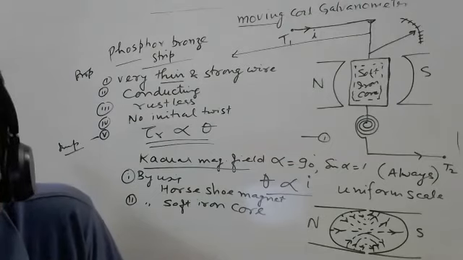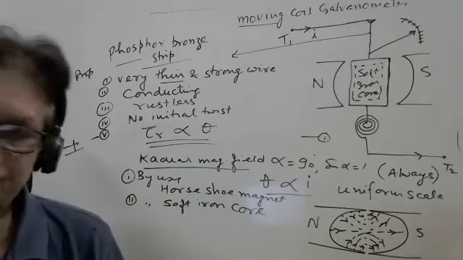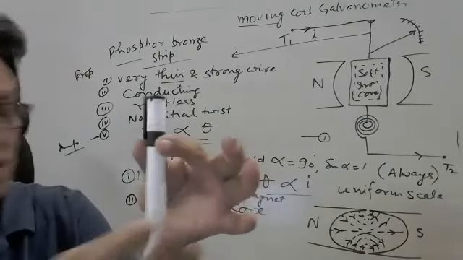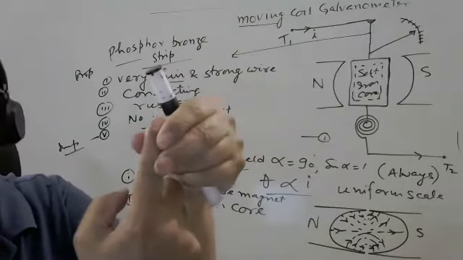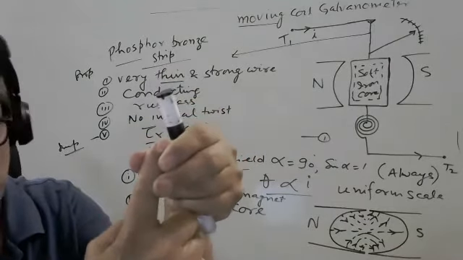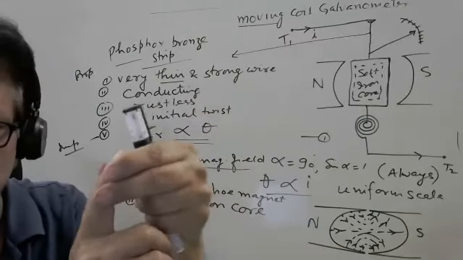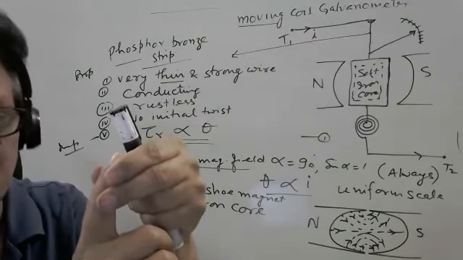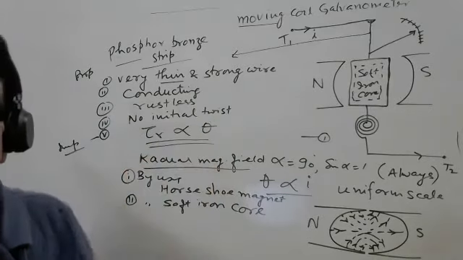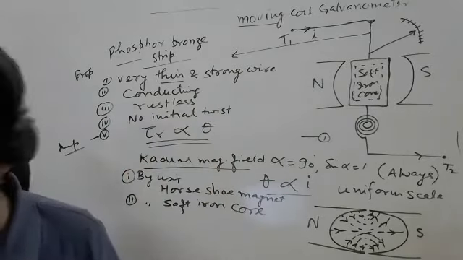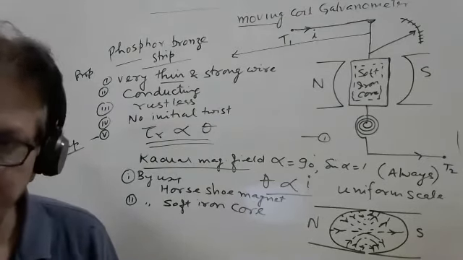So what is the meaning of initial twist? Initial twist means, suppose initially when there is no current, there is no twist like this. If there is a twist, maybe it is supporting, so it will give you some deflection in the opposite direction. Some current is lost to bring it to the normal condition, and then there will be some error. Got it now?